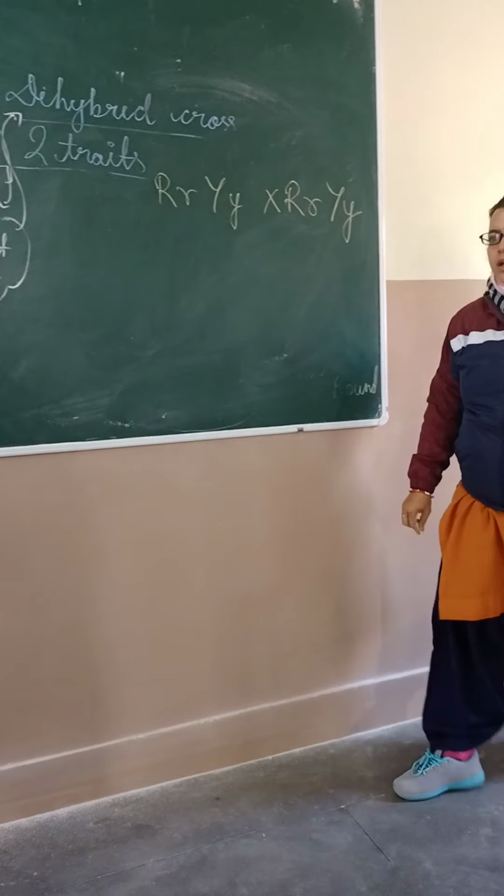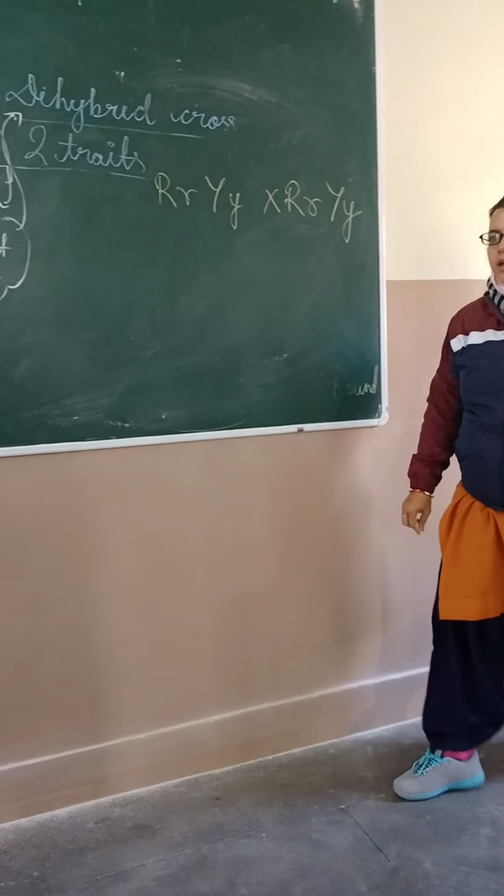Now in this case, about this small r, how will the gametes form? Okay. This r, when crossed with this Y, what will form? Small r, capital Y. Okay, the same formula is applicable for all plants. In this way only the gamete formation takes place. Okay, and when this small r crosses with this y, what will form? Small r, small y. This is the way to make gametes. These are the gametes of this plant.